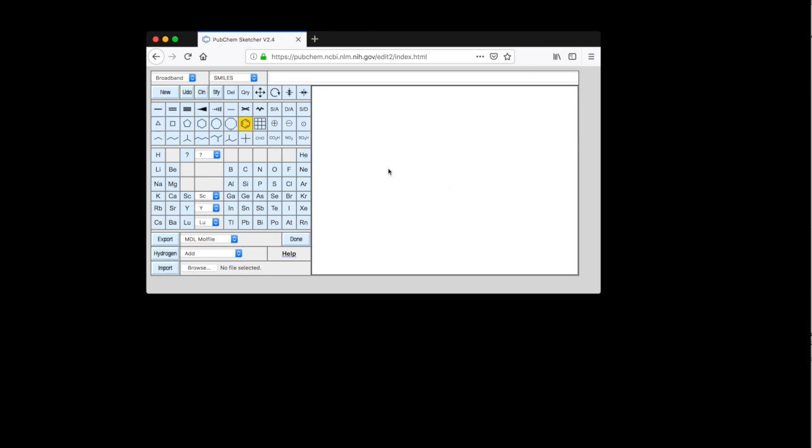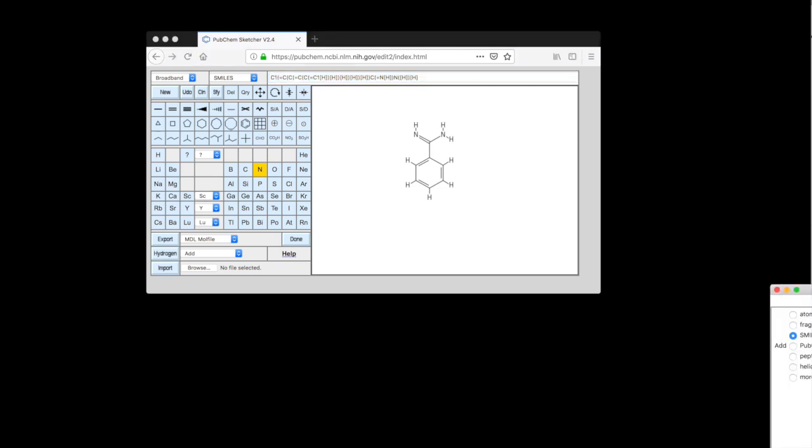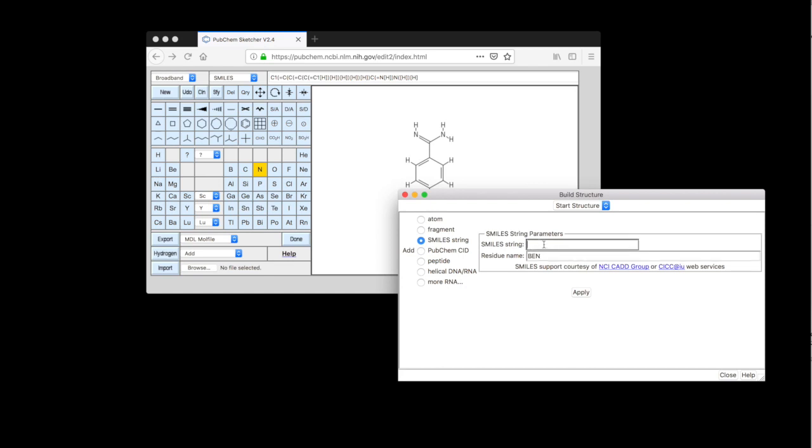So let's draw the benzamidine residue. You click on here and start building your structure. Okay, this is this. I have to add a double bond here, and there is nitrogen, nitrogen here, nitrogen here. If you're not sure, you can also add hydrogens; this will be added automatically. And now you can see here this is your SMILES code, the depiction of this chemical structure using this format. So let's copy that and insert that into our SMILES string